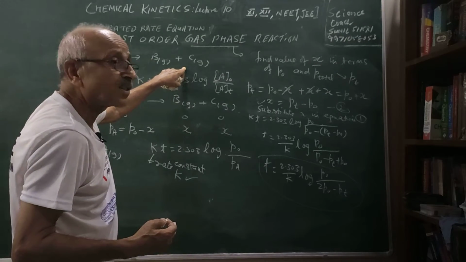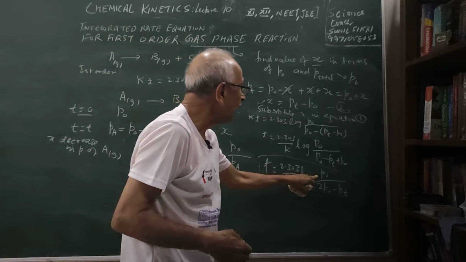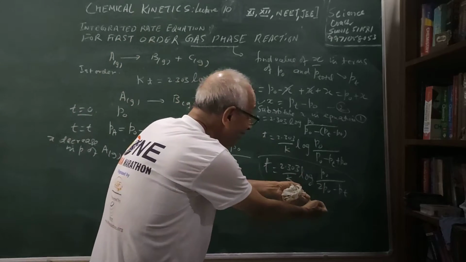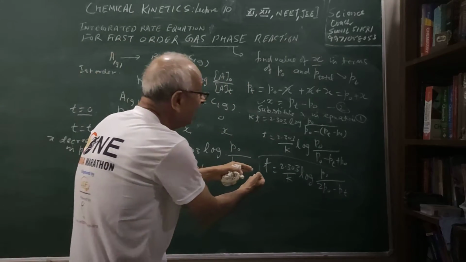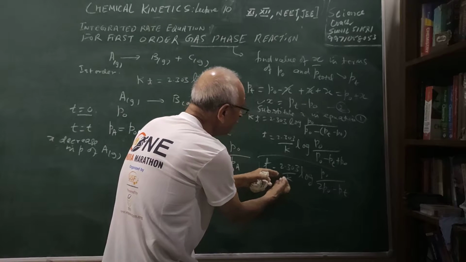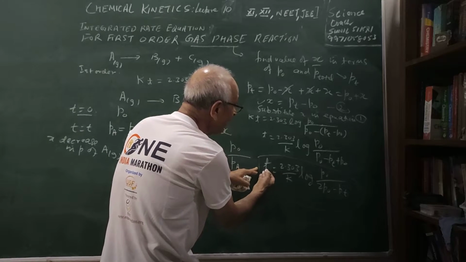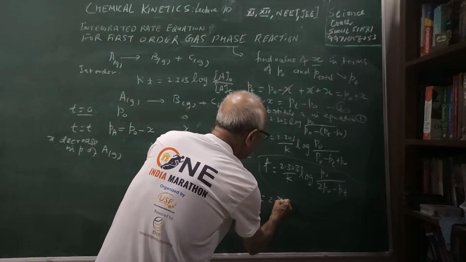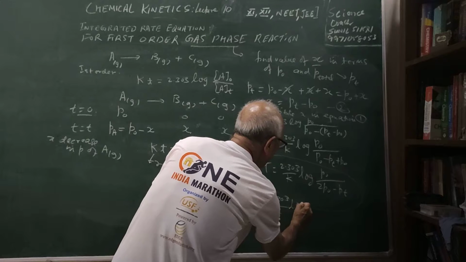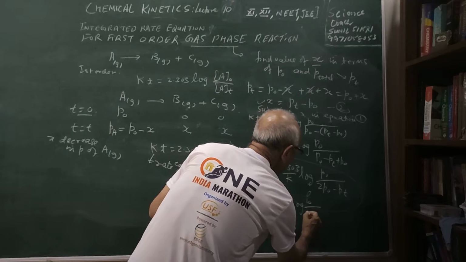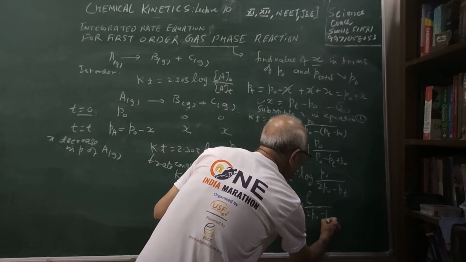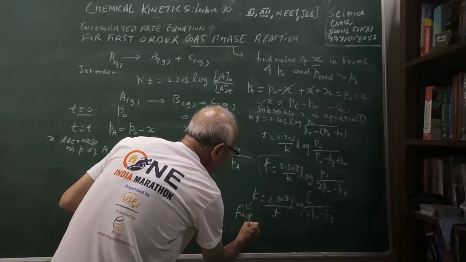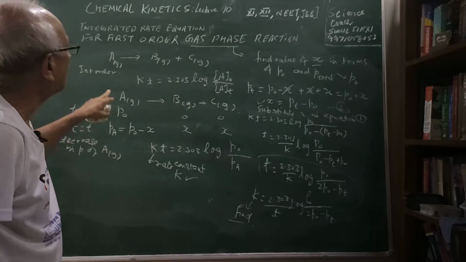Because here the two products were formed. So we know the value of the original pressure of this reactant, and we also know the total pressure, which will be given in the question paper, and he will ask you to find the time, or he will ask you to find the value of k. Then I can find the value of k at a particular instant of time. That means k is equal to 2.303 by t log of P0 divided by 2P0 minus the total pressure. So here we can find the value of the rate constant for such a reaction.